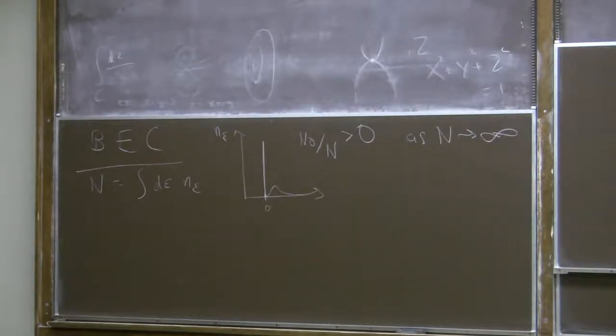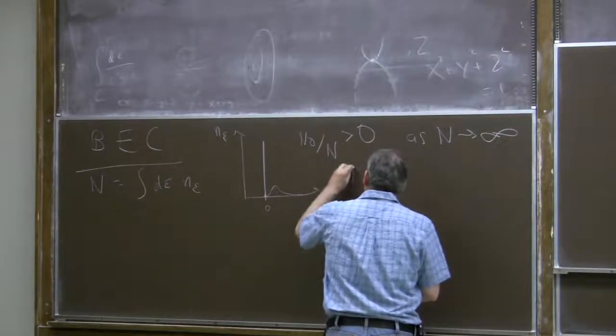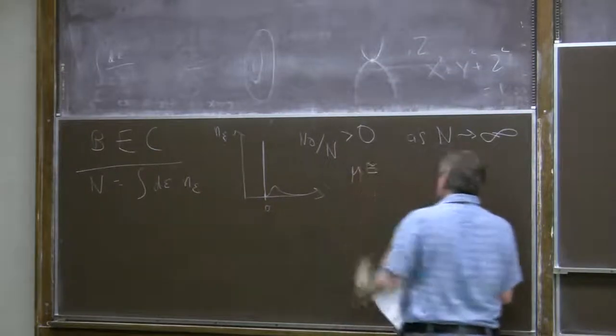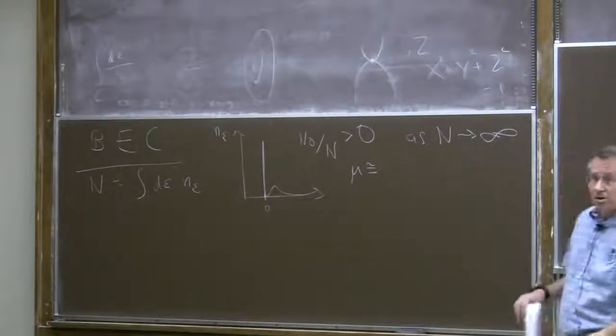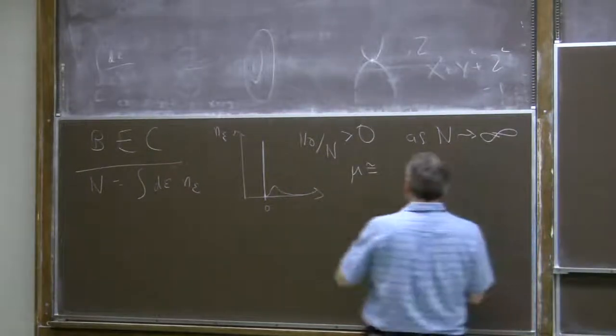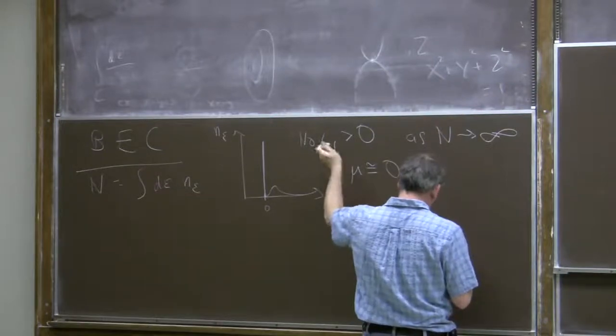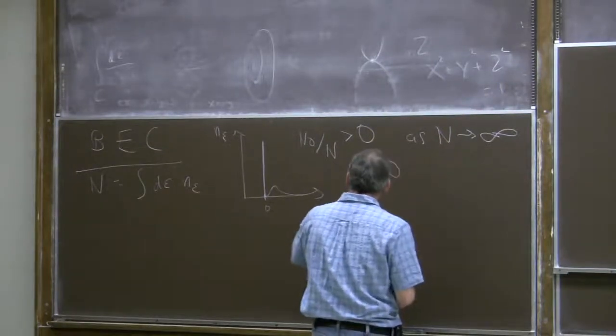So since we're going to have, for a very large system, a huge number of particles in the ground orbital, we will take the chemical potential to be essentially zero, to go to zero in the limit of large N. So in the case when we're in a Bose-Einstein condensate and N is very large, we can consider mu to be zero,